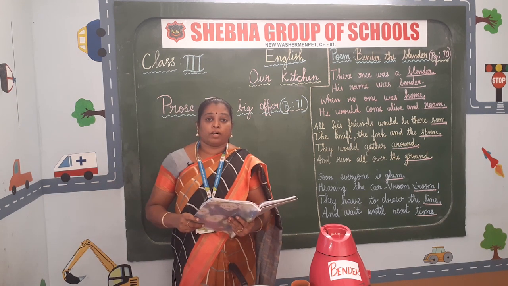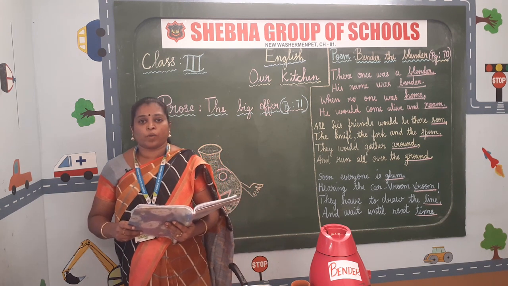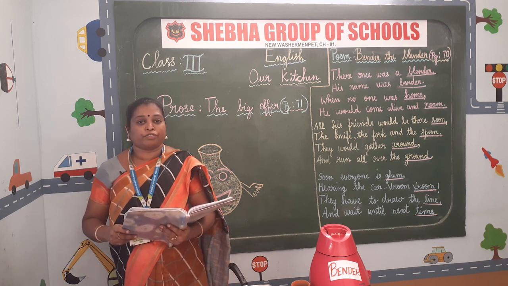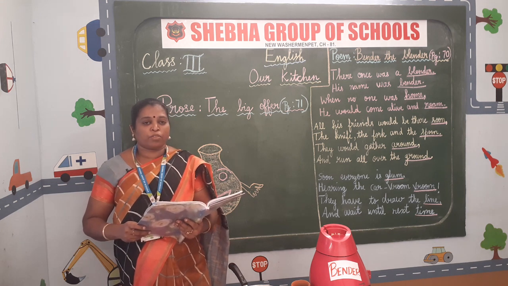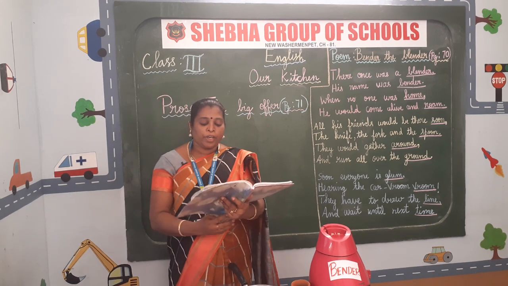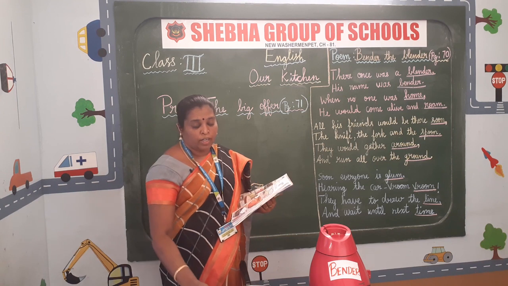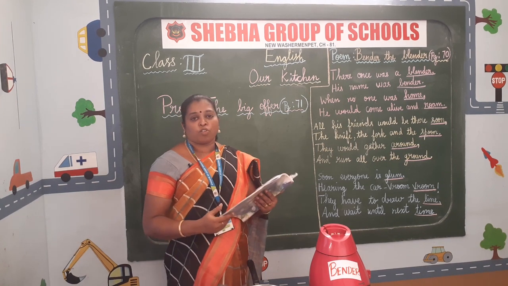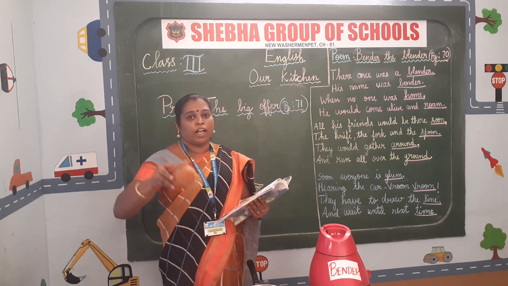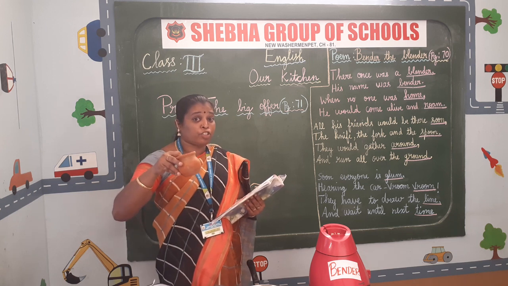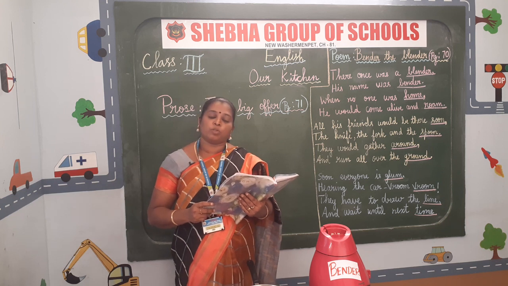At that time, a recipe book came. Ramu sir, don't worry. I will help you to deliver the food at the correct time, said the recipe book. Okay, Ramu said. Then the recipe book went to the pot and said Ramu was not feeling well and he was unable to cook. The pot said, I will help you to cook the food. I am big enough to cook rice. The recipe book said, okay, you can join me.